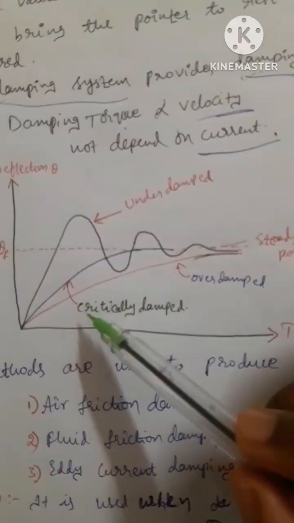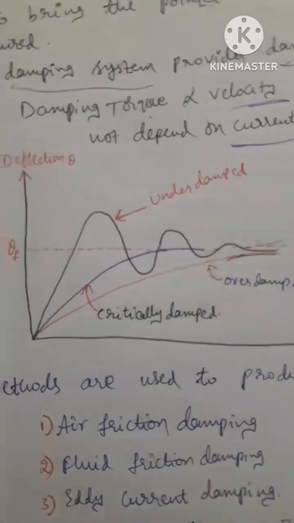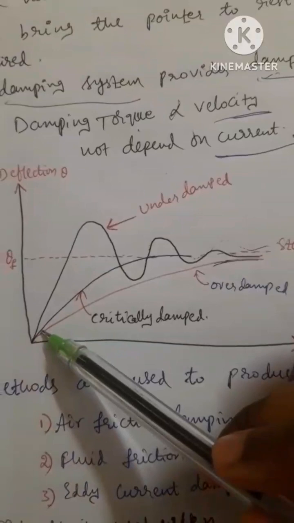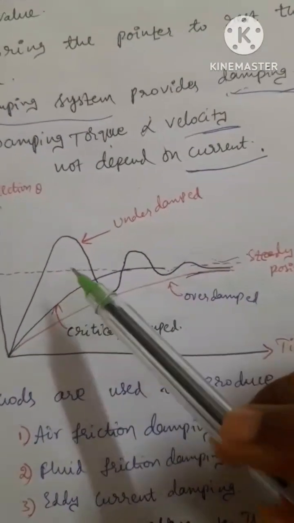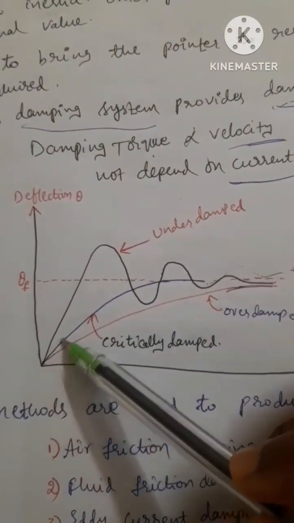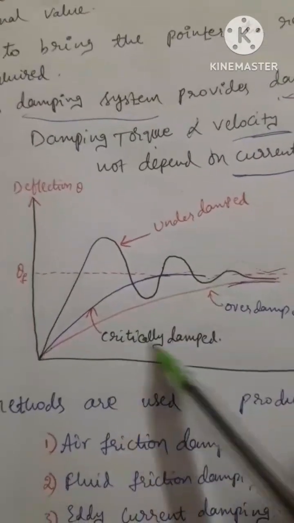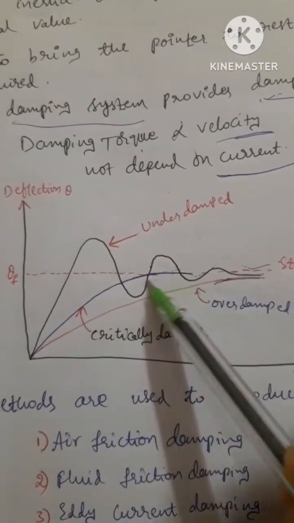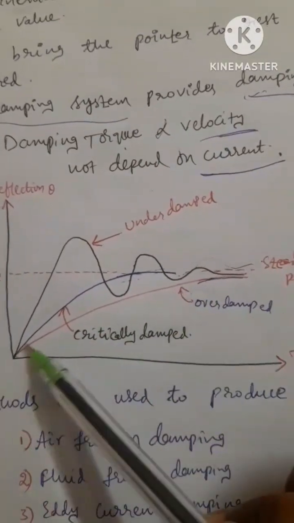If we take the critically damped system, the moving system reaches its final value smoothly and reaches it soon, so it is the critically damped. Regarding over damped,